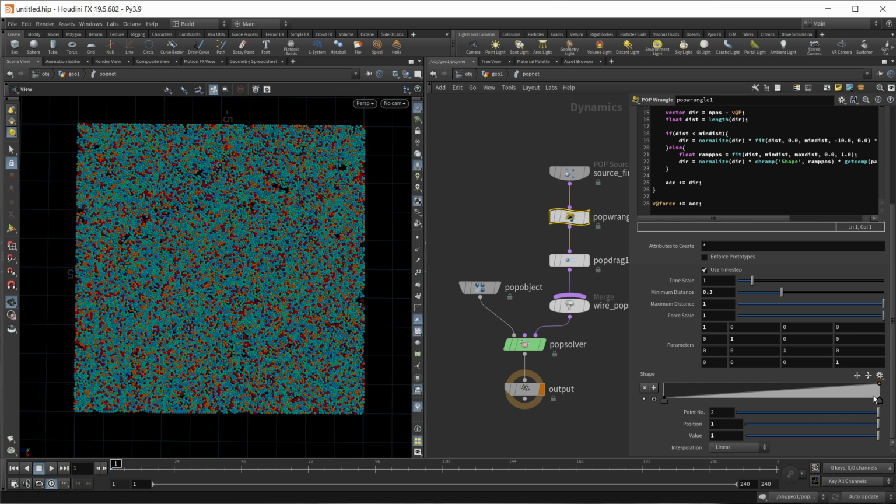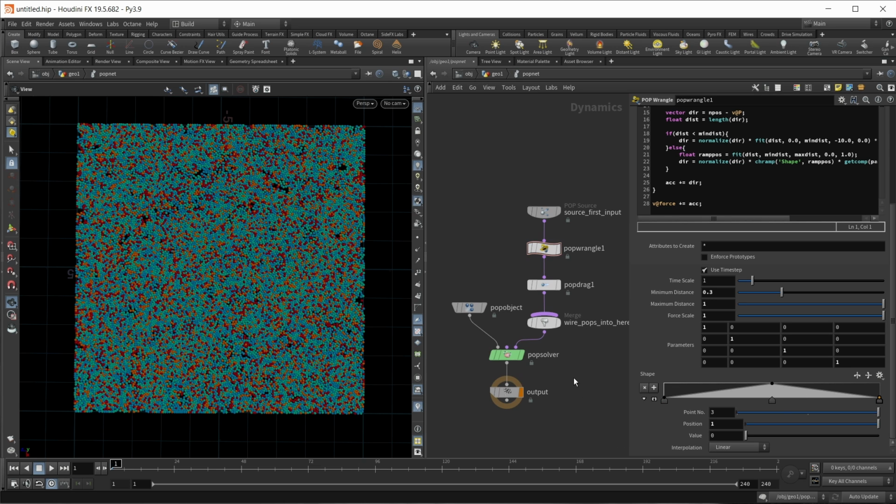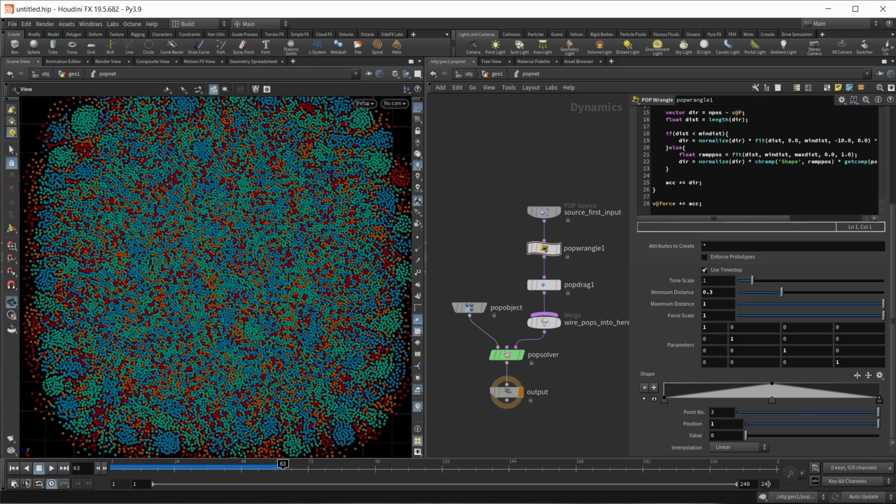So let's take the end handle in here, this at a value of 1, and move it to the middle to a position of 0.5. And let's add in here another handle at 0. And again, this will create this V shape. And now we can keep our fingers crossed. We can hit play on our timeline. And for this